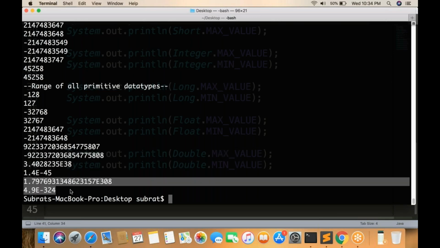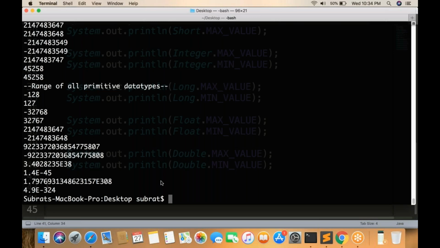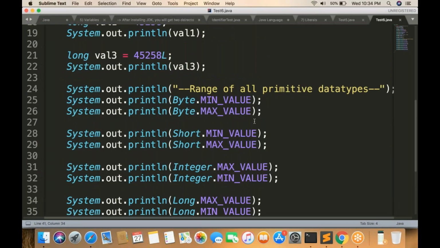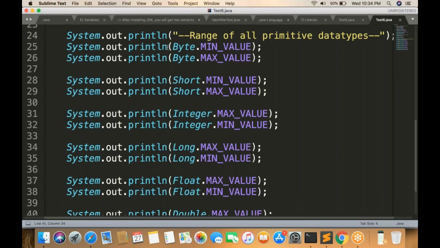Similarly here, minimum and maximum for double. Okay, so any confusion up to now? Don't worry if you're not understanding what's going on here, how it is possible. No problem. Don't think too much about it. But yes,